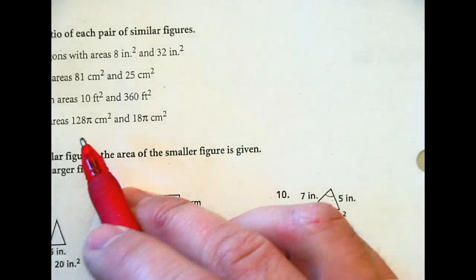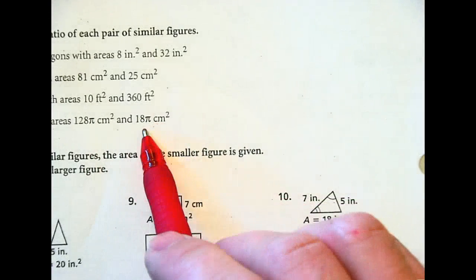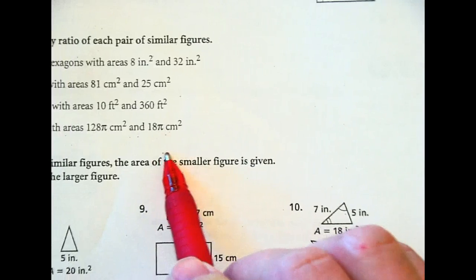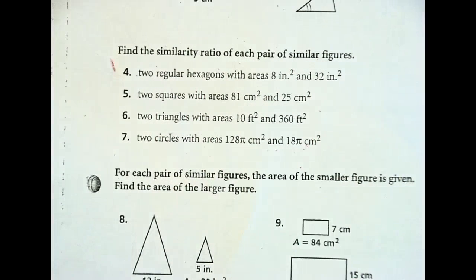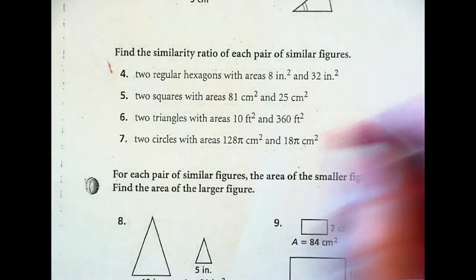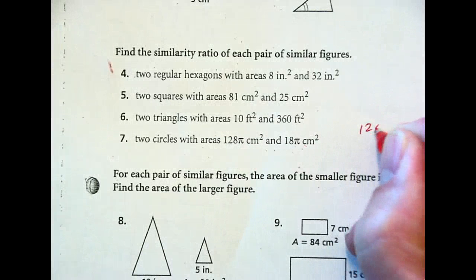All right. Number 7. 2 circles with an area of 128 pi square centimeters and 18 pi square centimeters. You're trying to find the similarity ratio of each pair of similar figures. Okay, so if your area is 128 pi